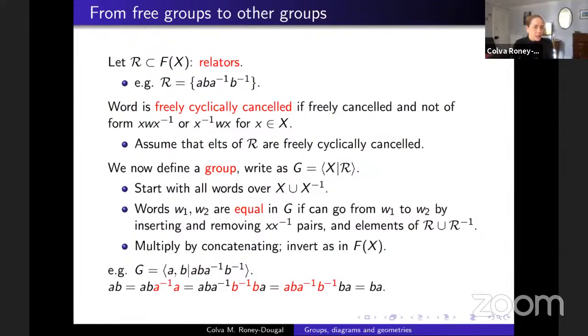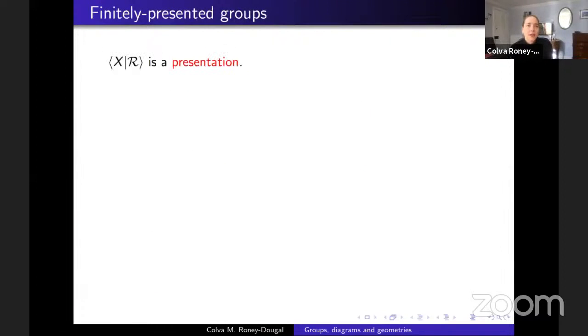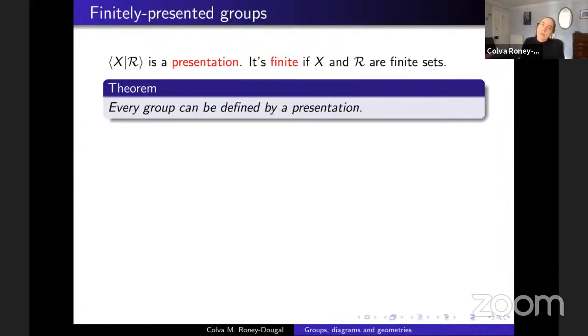Right, so this is lots of ways of making groups. Let me just convince you that this is really, really interesting by saying that this object I've just made is a presentation and it's finite if the things are finite. Well, it's an easy theorem that every group can be defined by one of these. Let me prove it for you. Take as the set X all of the elements of the group. So that might be quite a big set if the group is infinite, but we can take that as our set X. And take as the relators all of the rules for multiplying in a group.